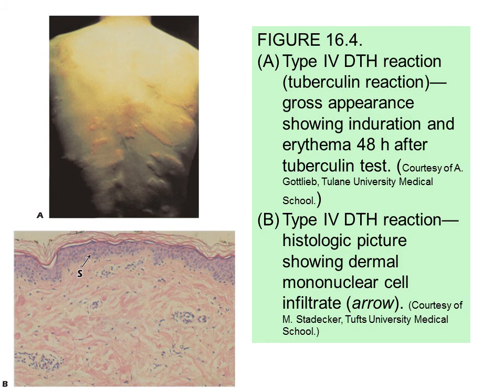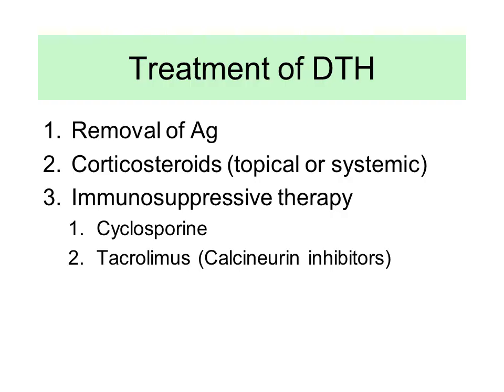Now, this is the last slide. Your book talks about the treatment, and I'm going to go over that in detail on Monday. For any allergies, type 1, type 2, type 3, type 4, you will say remove the antigen. If this is a food, an ointment, a cosmetic, clothes, and so forth, wherever the source of antigen is, you can identify that and remove the antigen, simple as that. Or you can suppress